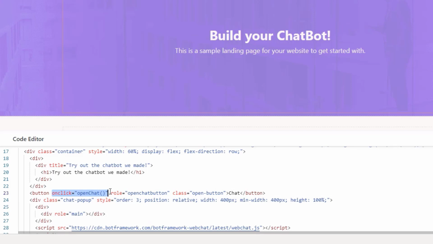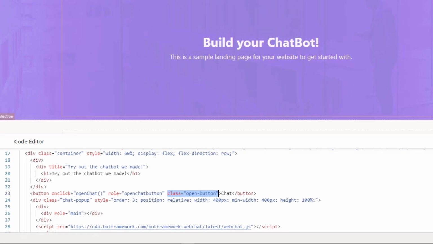It's invoking a function called open chat on click, and I've also provided a role over here and some class. This class is again to enhance the UI, and I'm not providing any inline styling, but handling that through my CSS class. Okay, so let's save this,